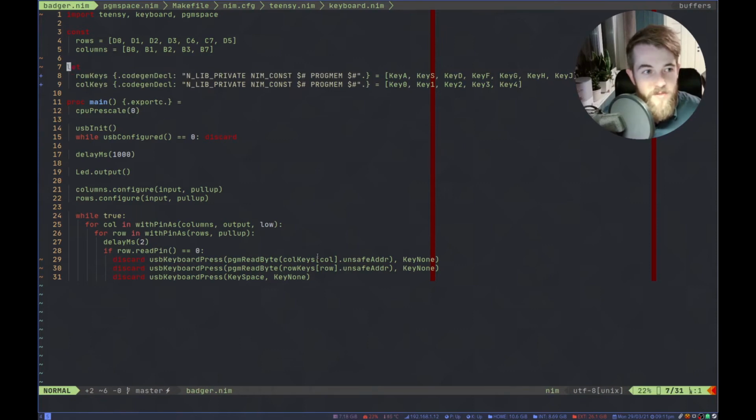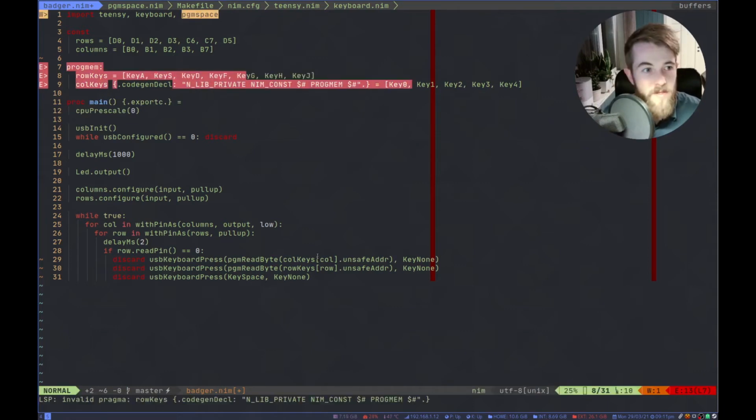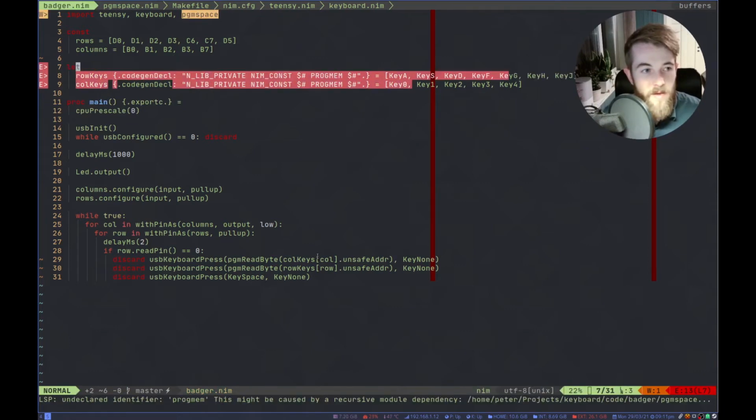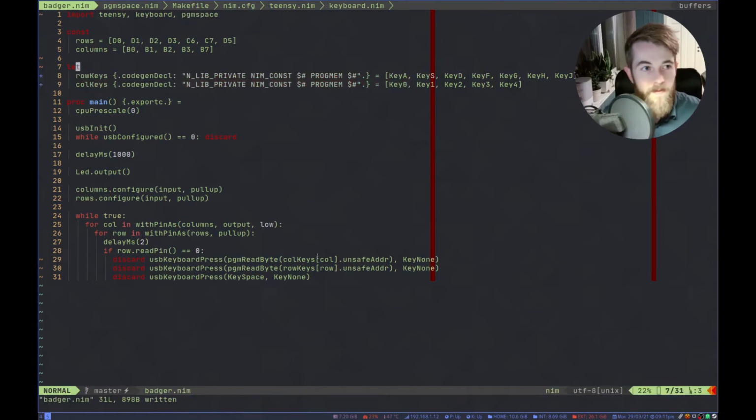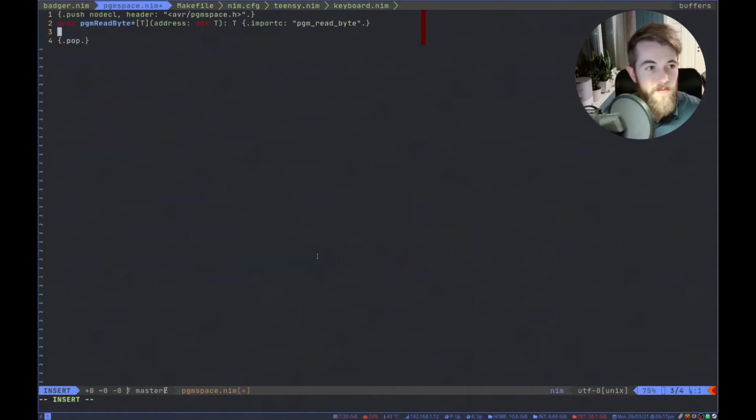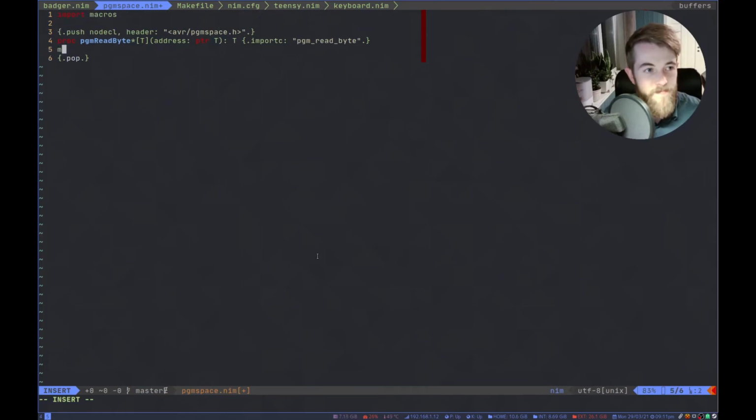Basically what we want to do, let's say we remove or replace this like that. We write a macro called progmem, which could then do this code gen decal part for us. That would be pretty nice. So let's start with that. Of course, this needs to import macros. This macro progmem